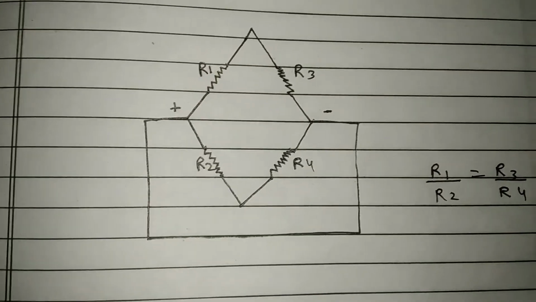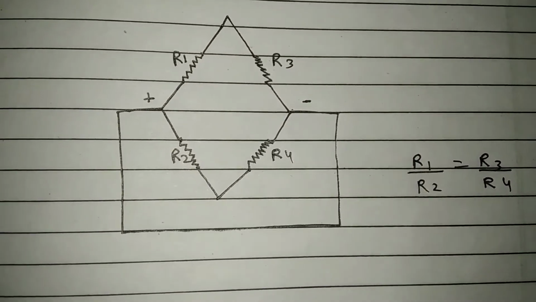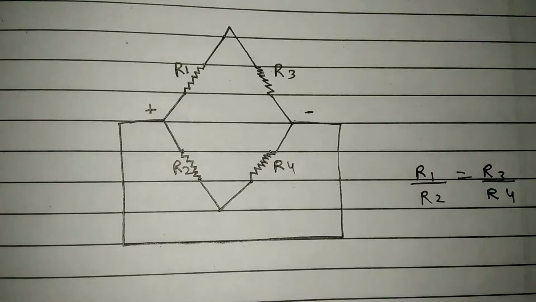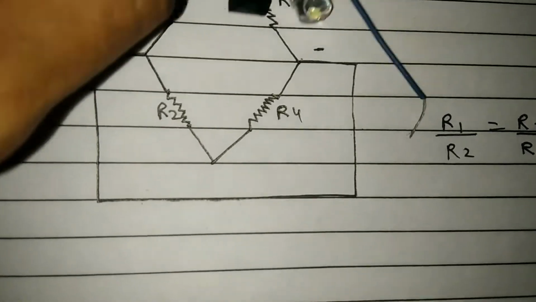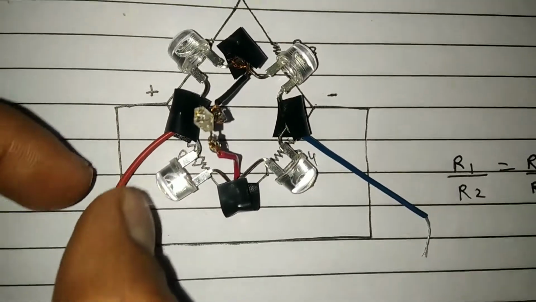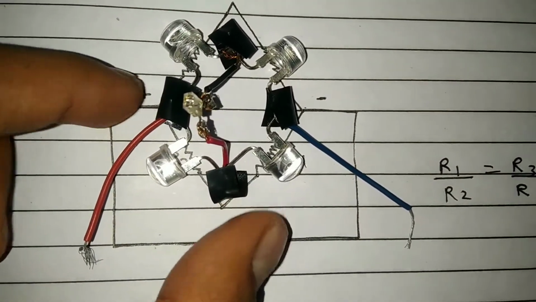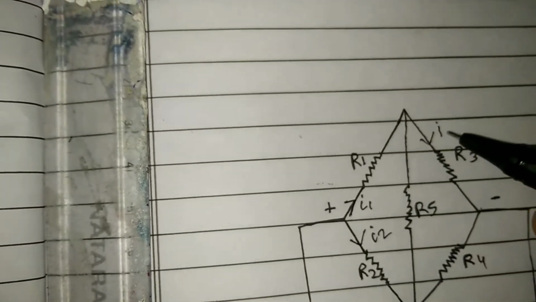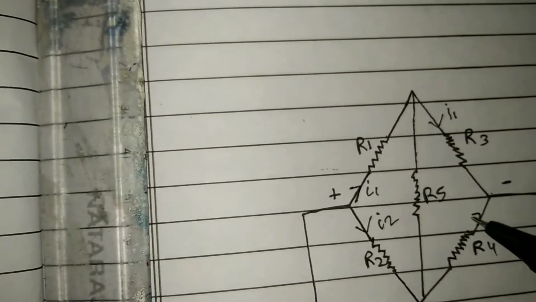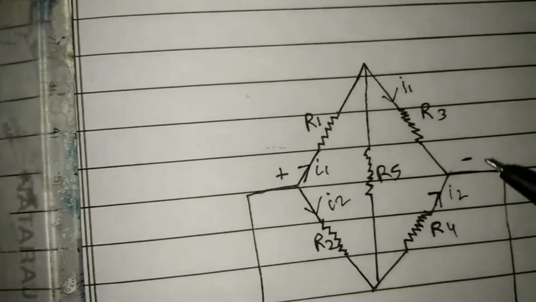For further elaboration of the Wheatstone bridge, let's go to the paper part. Here you can see a simply constructed Wheatstone bridge with resistances R1, R2, R3 and R4. Now I place my constructed Wheatstone bridge on top of it. The current comes from the positive terminal and divides into 2 parts, I1 and I2. I1 goes to the R1 and R3 resistances, whereas I2 goes to the R2 and R4 resistances,